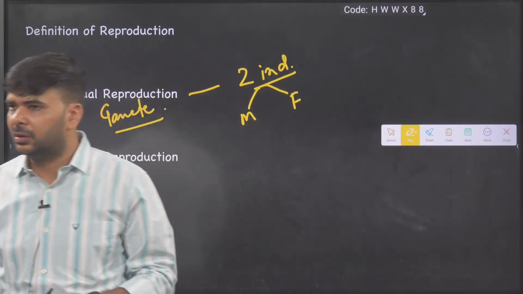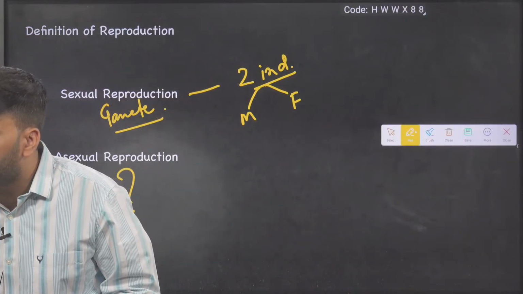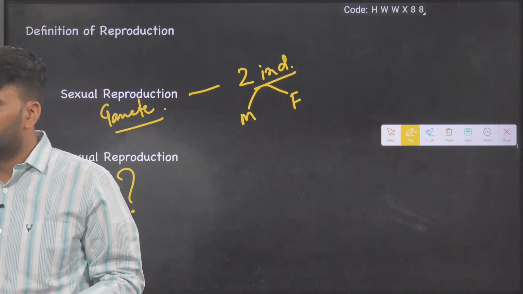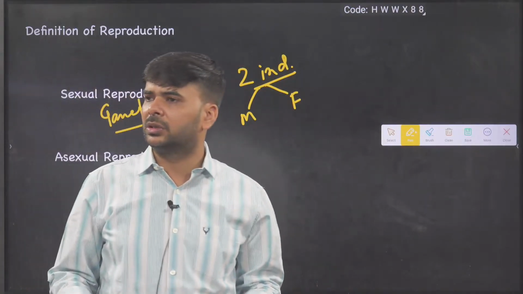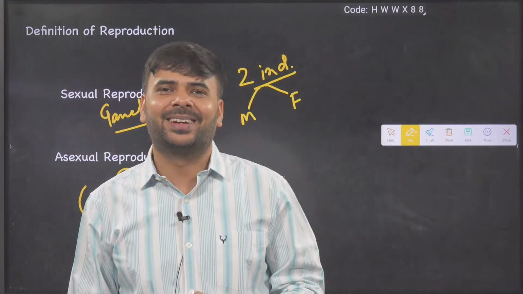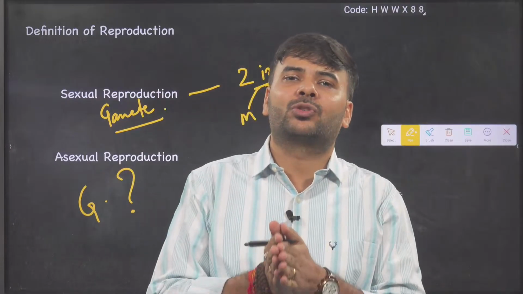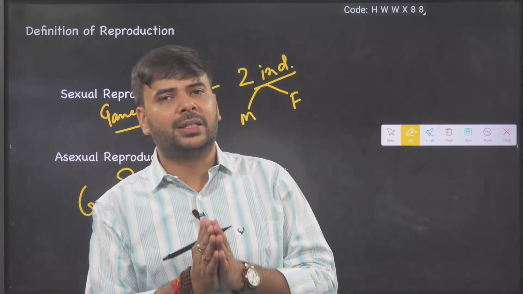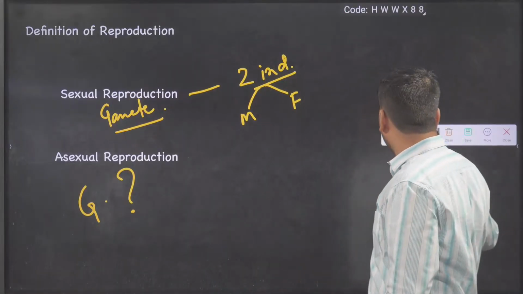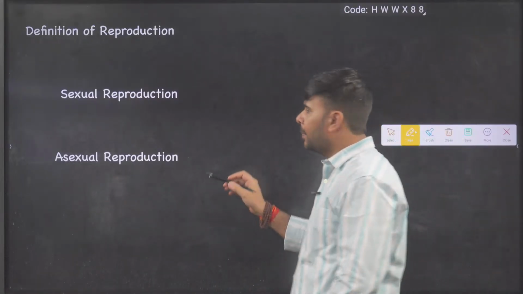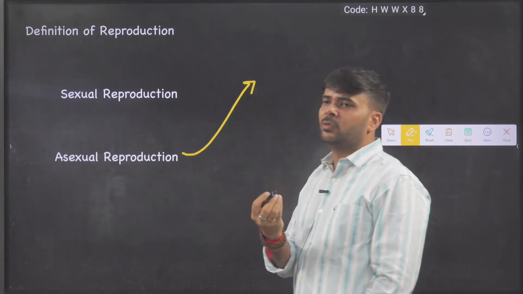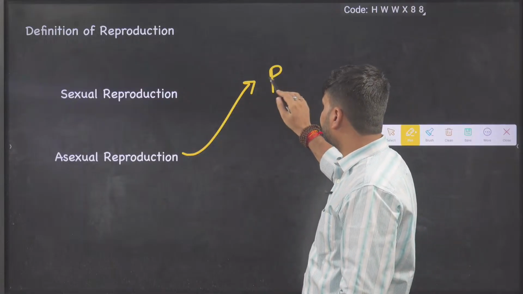The maximum answer is no, sir, but yes also in some of you. Those who said yes are correct. In asexual reproduction also gamete formation can occur. There is one example called parthenogenesis, I think you have heard about it, in honeybees. Generally in asexual reproduction there is no gamete formation, but one exception is parthenogenesis.